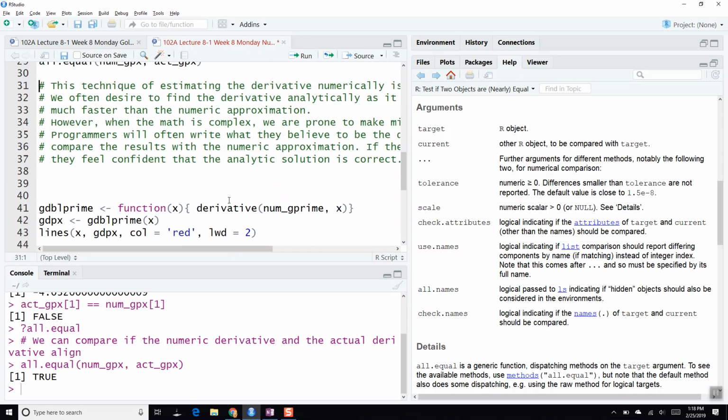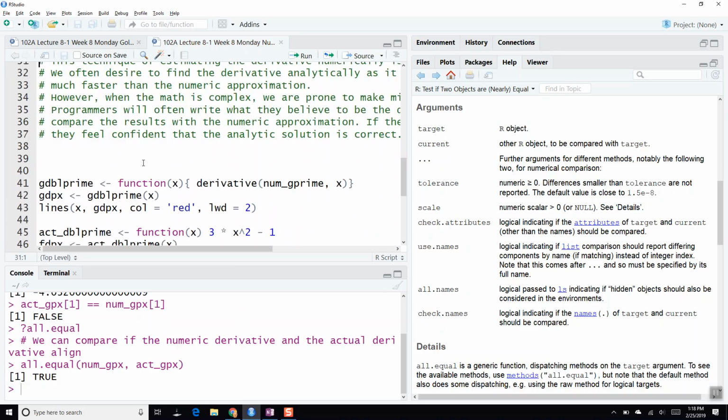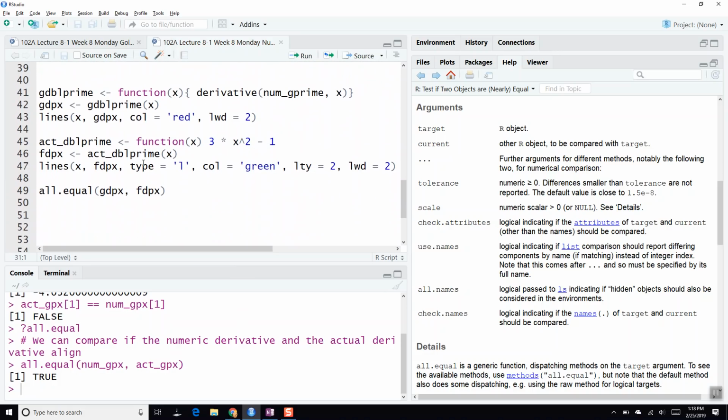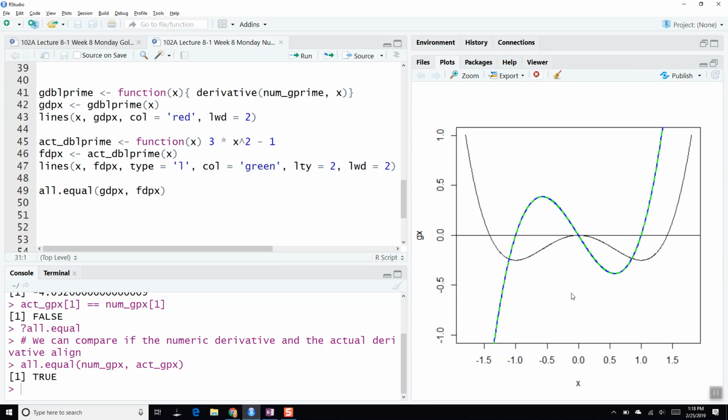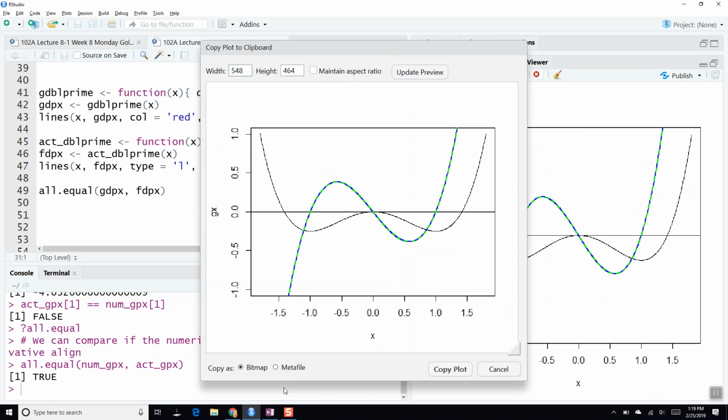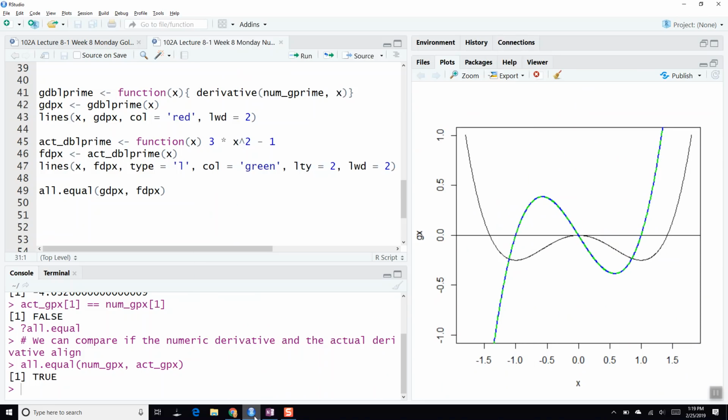Okay, and I'll post my code here, but this technique of estimating the derivative numerically is very useful in machine learning contexts, because we often need to calculate the derivative or gradient of complex functions, and it's often quite difficult. So you'll do calculus and get an answer, because that's usually faster and better, but then you'll compare it to a numeric approximation to see if the answer you found was correct. So anyway, I'll go ahead and copy this to show that these two things are